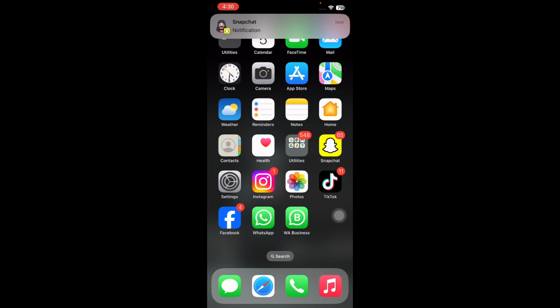We have included detailed instructions, potential causes, and troubleshooting tips to ensure you can resolve this problem quickly and effectively. Follow along as we dive into the world of iPhone and Instagram settings to bring back the sound of